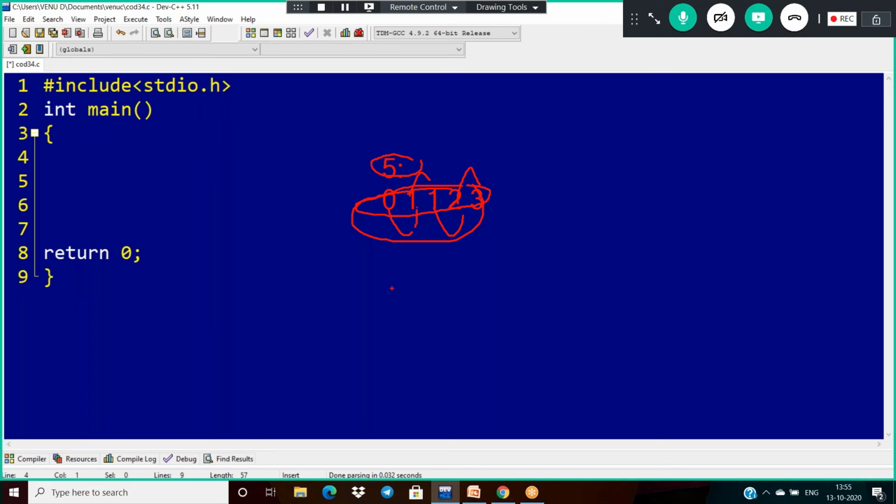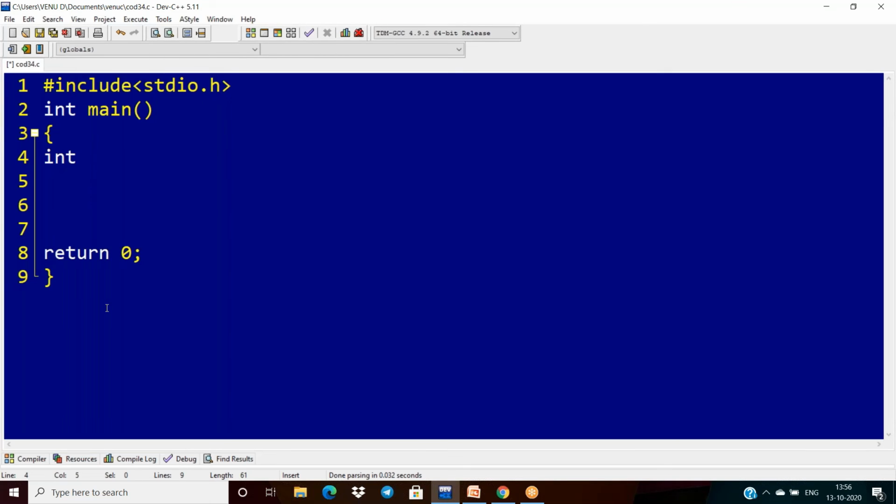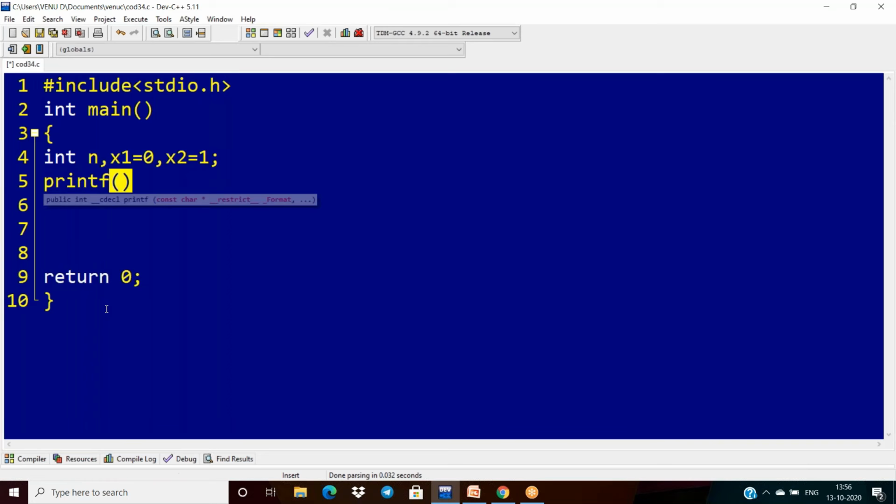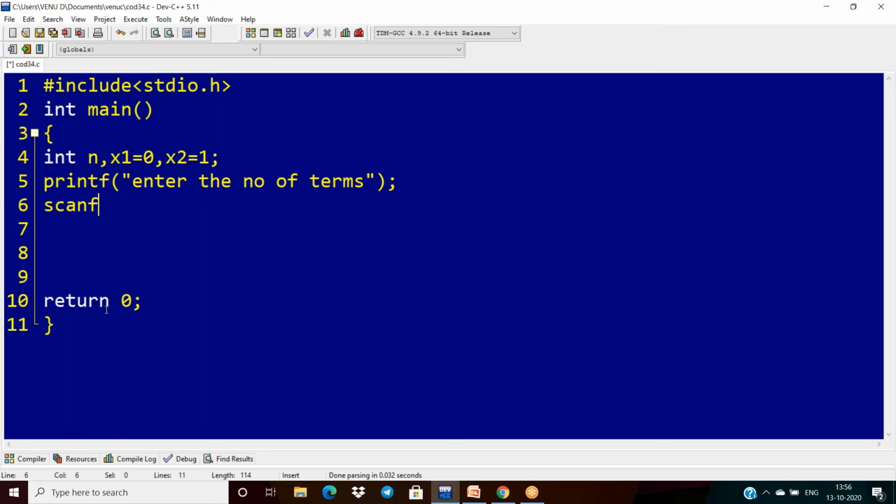So in this I have to explain first. My intention is to display 0 and 1 first. That is why I am taking n and initializing x1 as 0 and x2 equal to 1. Now read the n value, printf, enter the number of terms, scanf.